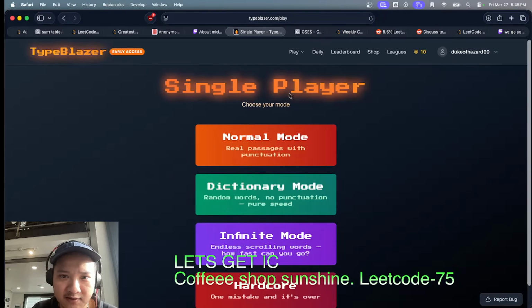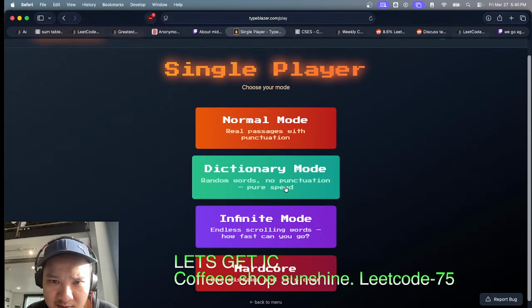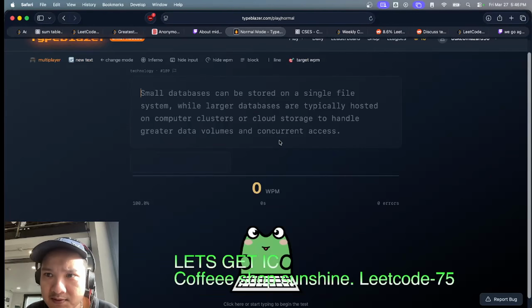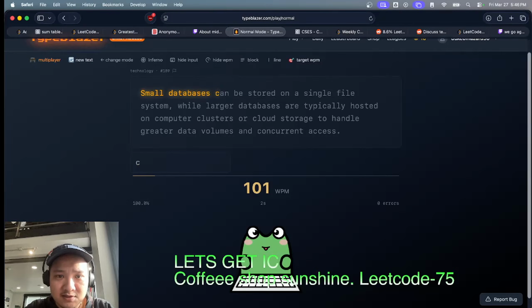Yeah, single player. Normal mode. Hardcore. Okay, right there. Small databases can be stored on a simplified system. Larger databases are typically